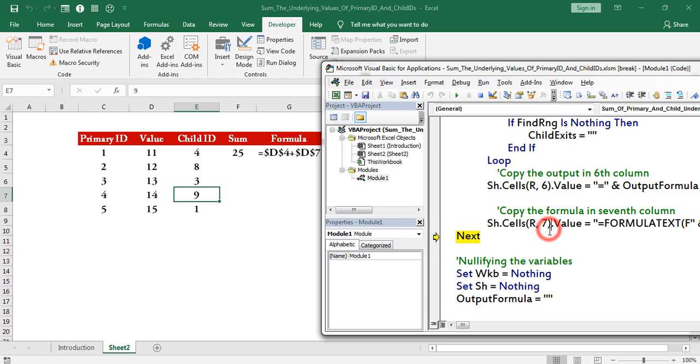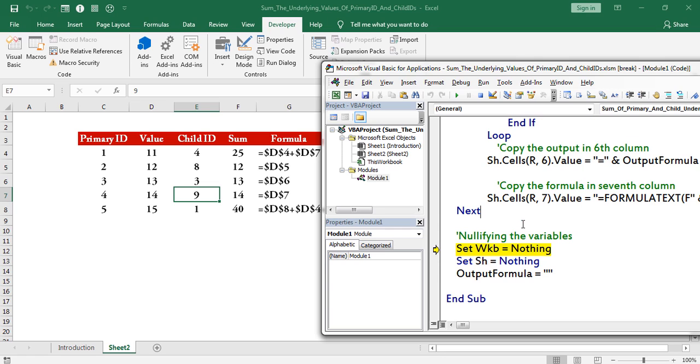So this is the looping procedure. Here I am placing the breakpoint. In the same way, application going to complete the looping process for all the remaining rows. Press F5 to complete the process. At the end, I am nullifying the variables.